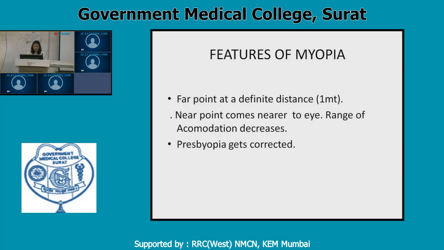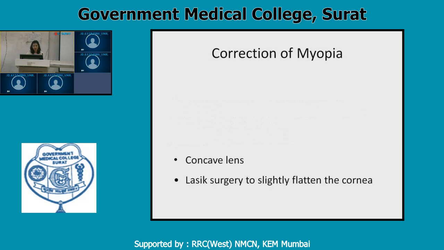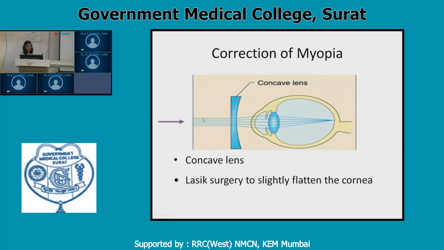Now, how do we correct this myopia? Very rightly, the diverging lens is used. The concave lens is used to correct the myopia. This is how myopia is corrected. Because the image was getting focused in front of the retina, what we want is to diverge these rays so that they ultimately focus on the retina instead of in front of it. So a concave lens is given to correct myopia. Minus power is given. All those who are wearing glasses must be having a power of minus lens.